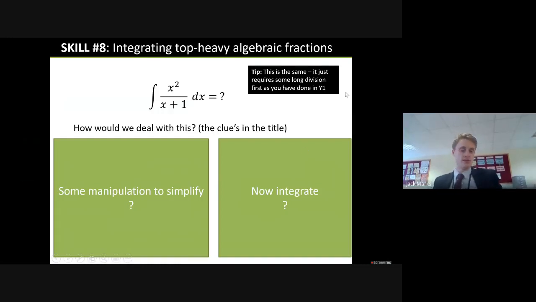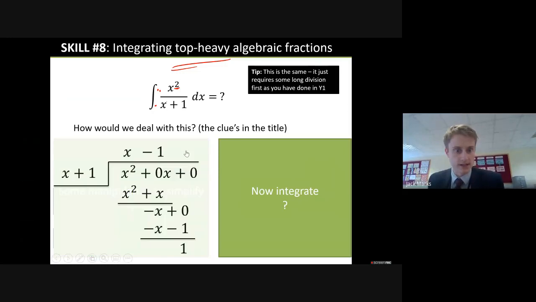And we also do the same thing when it's top heavy. So remember, if the power on the top is the same as the bottom, or if the power on the top exceeds it, in either of these situations, we call them top heavy. Okay, and the way to deal with it is to do a division. Okay, so you do a division like this, we get our answer. And